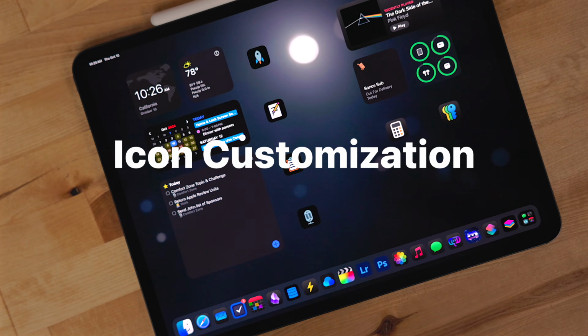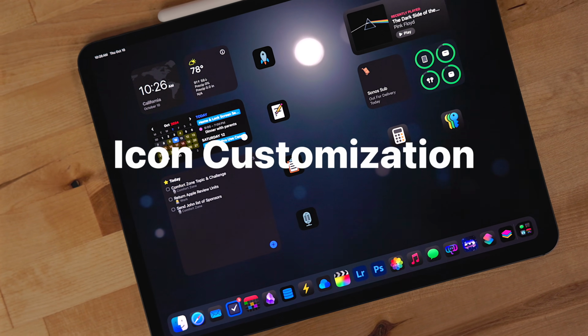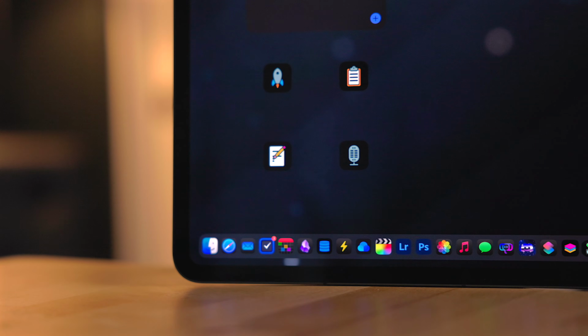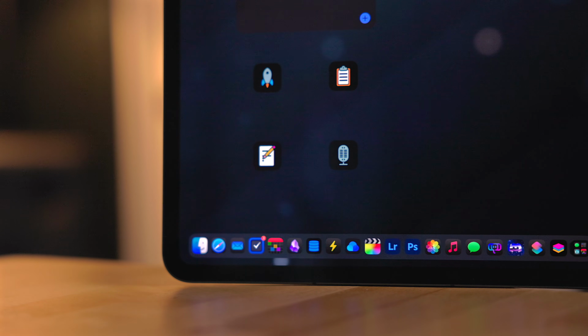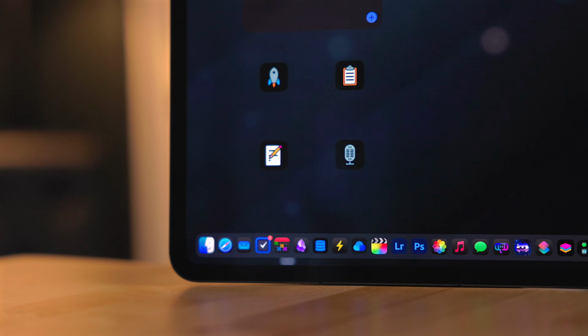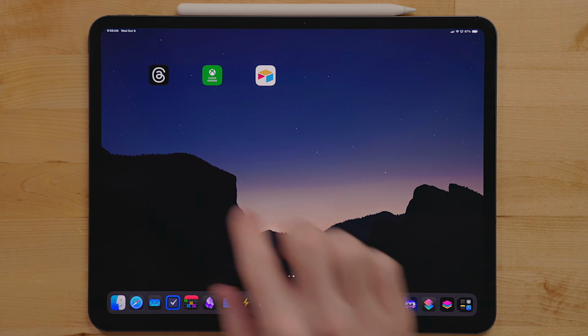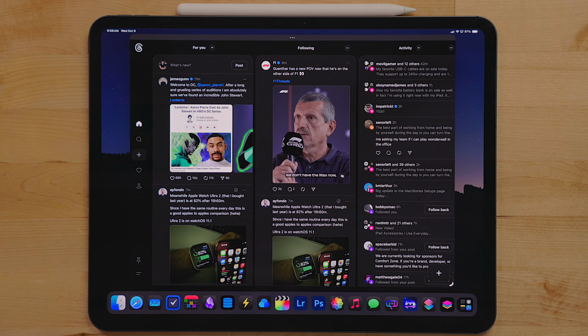I'm a big fan of the new dark mode home screen option. This uses dark mode app icons if available. If not, it either inverts the app icon or tints it to be a little bit darker. The only thing this doesn't work for is progressive web apps. These are basically web pages in an app wrapper.